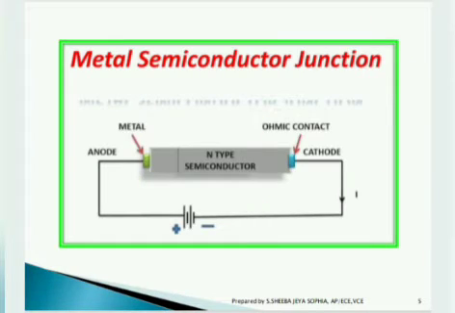Moving to the topic of discussion for today: metal semiconductor junction. What does this metal semiconductor junction mean? Junction, yes, it is the meeting point for metal and semiconductor to create a contact and to provide the conduction of current, which you can clearly see in this diagram. From anode to cathode, the anode side metal is connected and the cathode side has an ohmic contact. In between, an n-type semiconductor is connected, which provides the current conduction. Current I flows through the circuit.